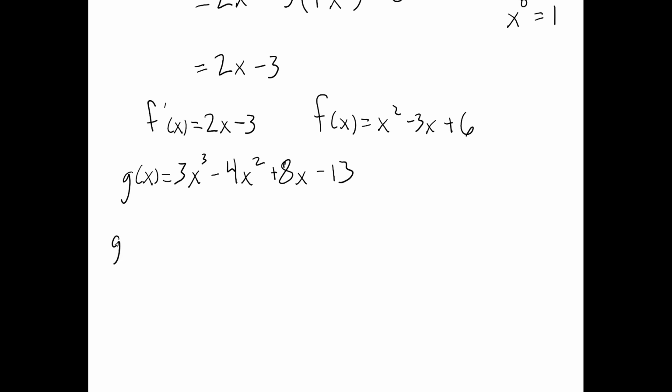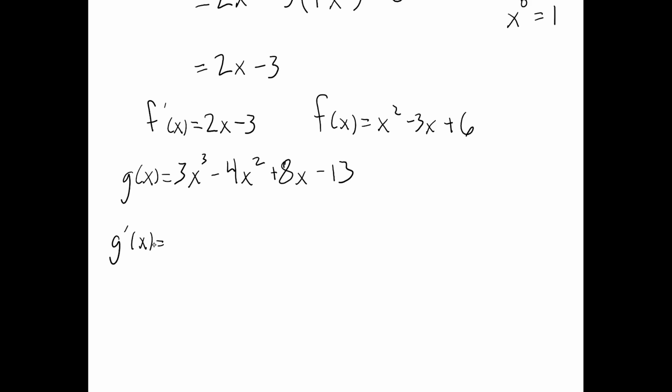So from this, using these rules, g prime of x is really easy, right? In our heads, this is something that I expect when I ask you this question on your next test, you will give me absolutely 0 work. And I'm perfectly happy with that. This is a problem that should become a mental math problem for you. Looking at this, 3 times x cubed minus 4x squared plus 8x minus 13, and taking the derivative of that,